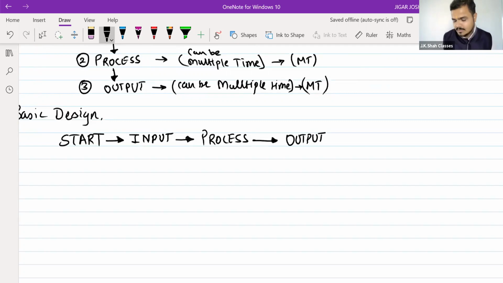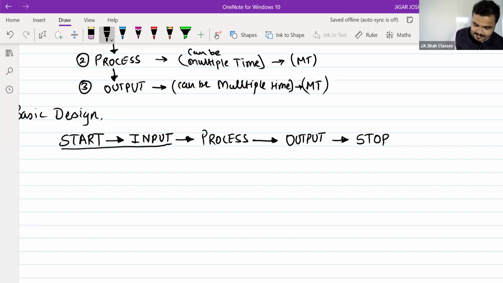Yes or no? Yes, sir. And after output, the last very important thing would be stop. That software is required to take a rest. Understood? Agree? Yes, sir. Now always remember that start and input, both will be